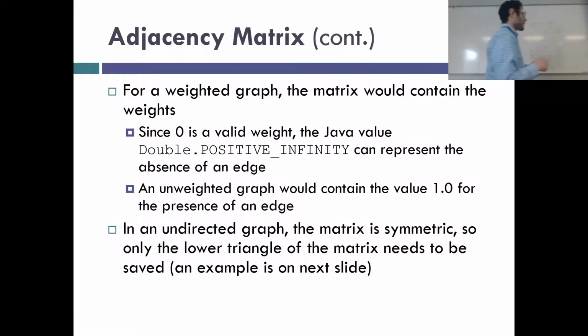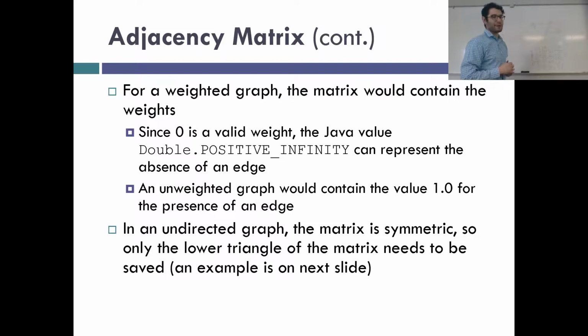for weighted graphs, it's a bit different. Weighted graphs contain, unsurprisingly, weights. Right, that's possibly the most earth-shattering thing you've heard today. So weighted graphs contain weights. 0 is a valid weight for weighted graphs. It means you can transition from here to here for free, right? No toll, essentially, on the